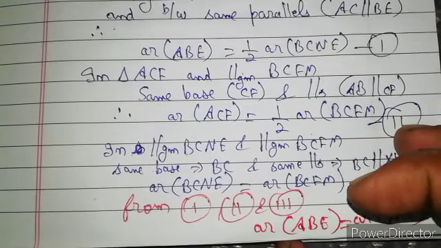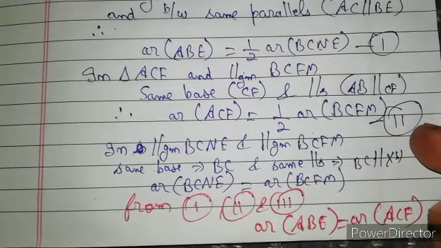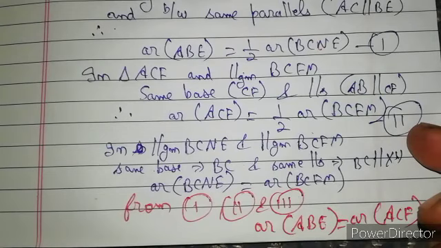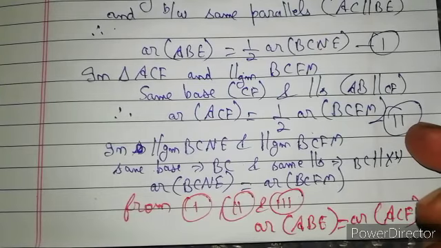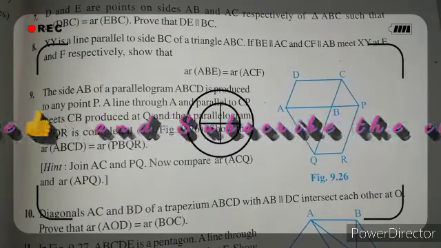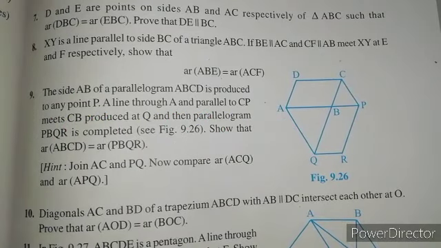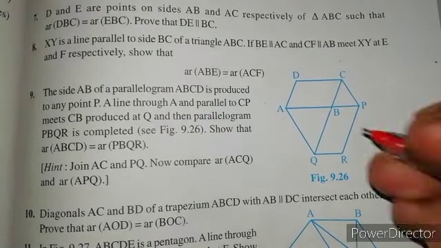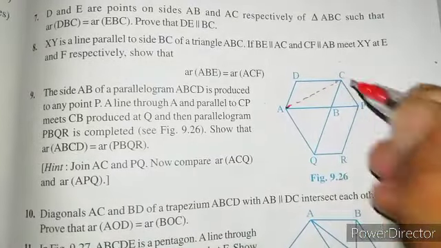Every time I have already told you that geometry is all about practicing more and more questions. Once you have to review the video. Just watch the video, and then next time you have to solve while watching the video. So let's move to the next question, which is question number 9. In this question the diagram is already given, so you need not draw the diagram. A hint is given that we have to join A to C and P to Q.